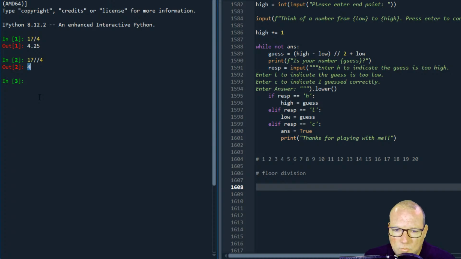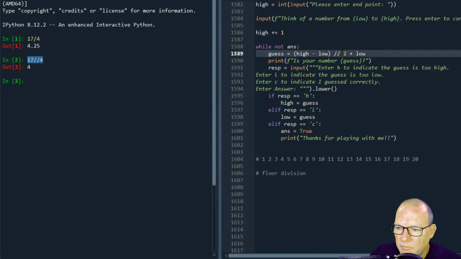This is a way you can get the whole number without having to round or turn it into an integer. It just automatically does this for you right here. This is a very cool thing to have in your toolbox, that it can speed up and remove steps that you don't need to be able to do the process that you're really wanting to solve.